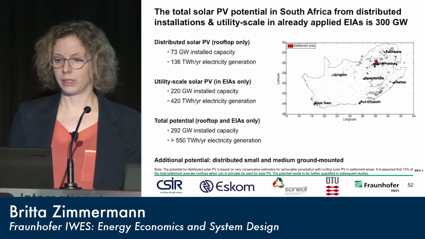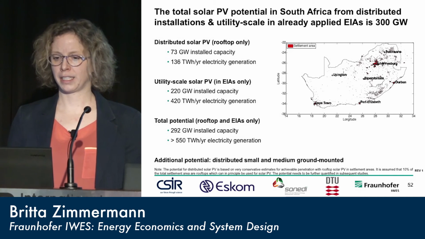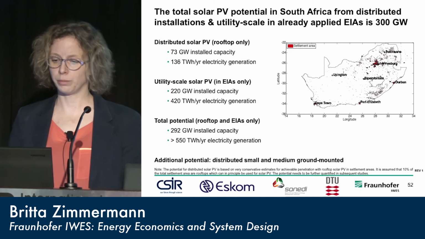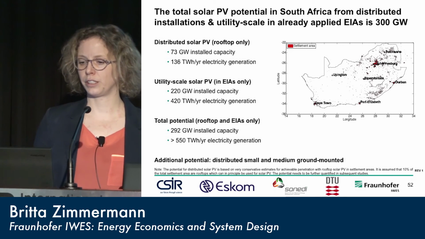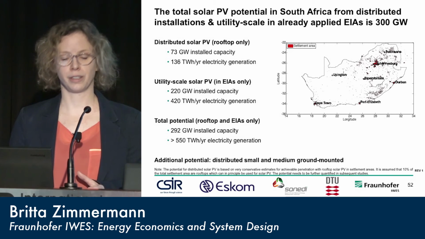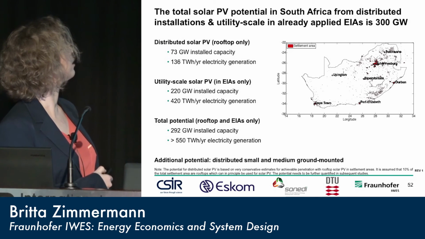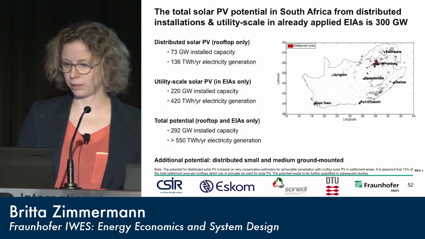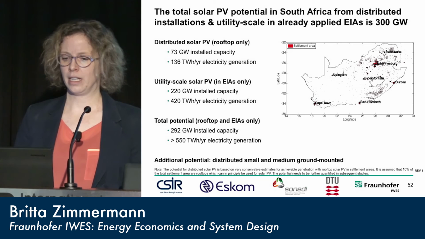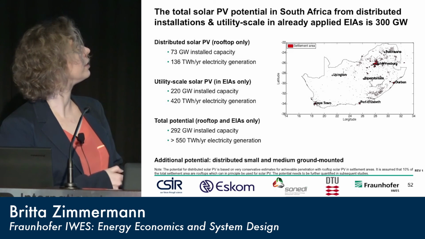For the solar PV, we only have one scenario. Here we assume that 70% of the energy is generated from rooftop installations and 30% from ground-mounted PV. The ground-mounted PV is assumed to be installed in the EIAs only for this scenario. So we reach a potential of 220 gigawatt installed for ground-mounted PV, which would generate about 420 terawatt hours of electricity per year. For the rooftop installations, which were put into settlement areas, you can see those here,